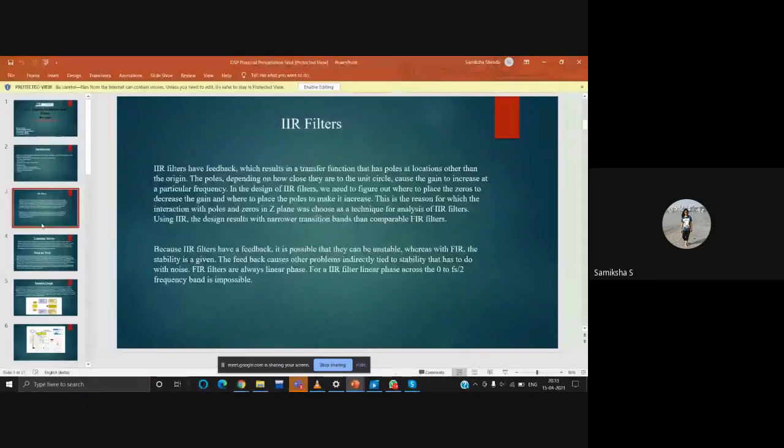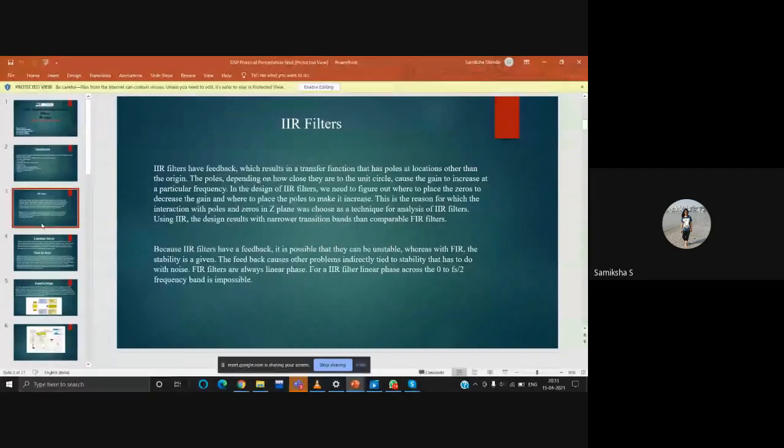Now, as our topic is GUI of IIR filter using MATLAB, what is an IIR filter? IIR stands for infinite impulse response. It is a property applying to many linear time-invariant systems that are distinguished by having an impulse response which does not become exactly zero past a certain point, but is indefinite.